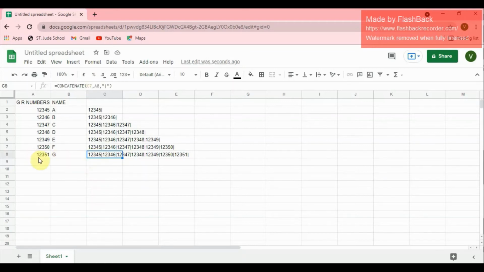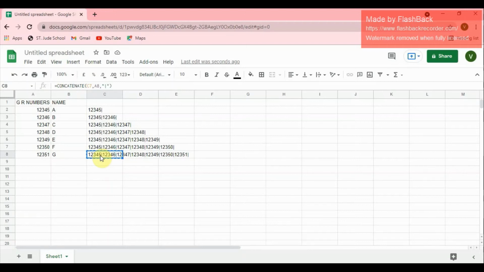Okay, see here, the last number is 8, then 1 2 3 4 5 1, and the name is G. And here, don't go to this part, only this part, the selected cell. Okay, then what you have to do is just press Control C to copy. You can use the right click also to copy, so Control C. Okay, here we have finished with the formulation.